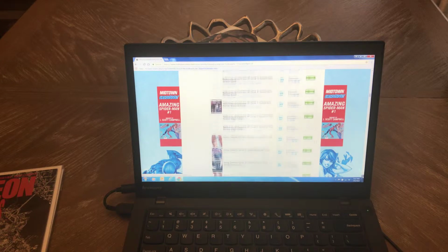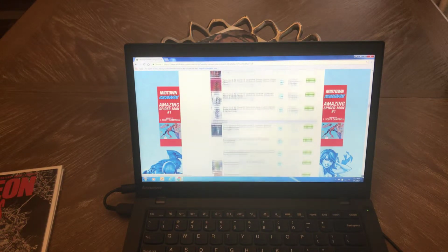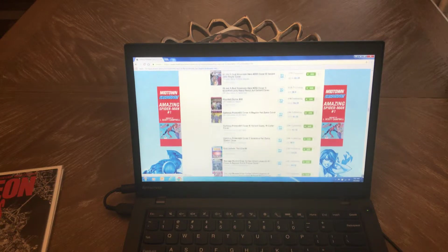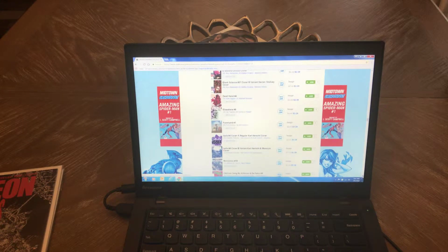And Dynamite, I don't really buy any Dynamite books. IDW, I really don't buy IDW very often. Image,